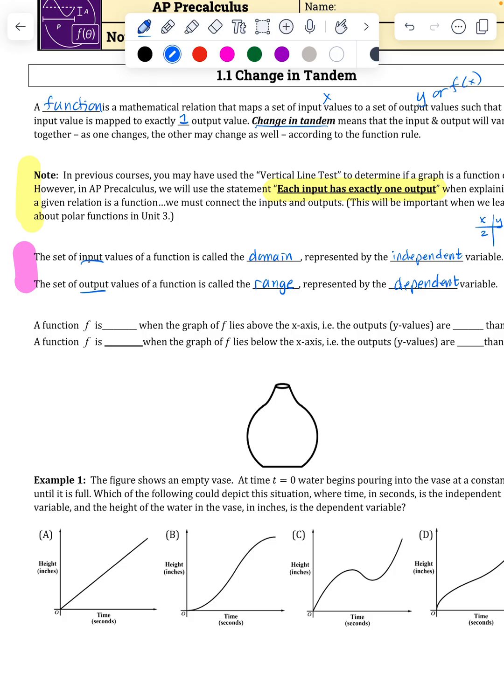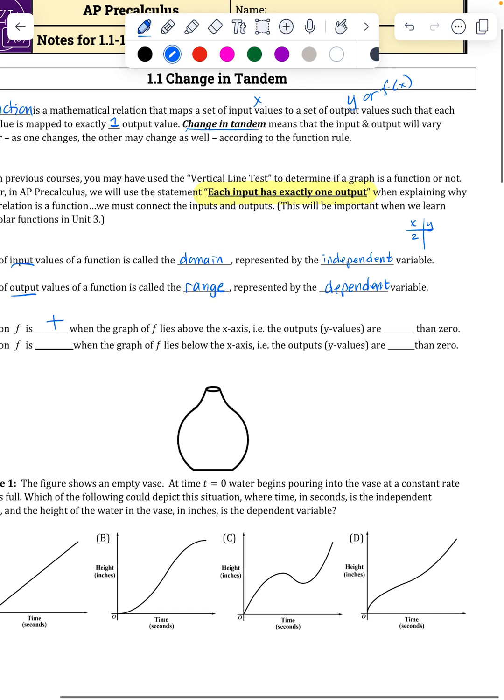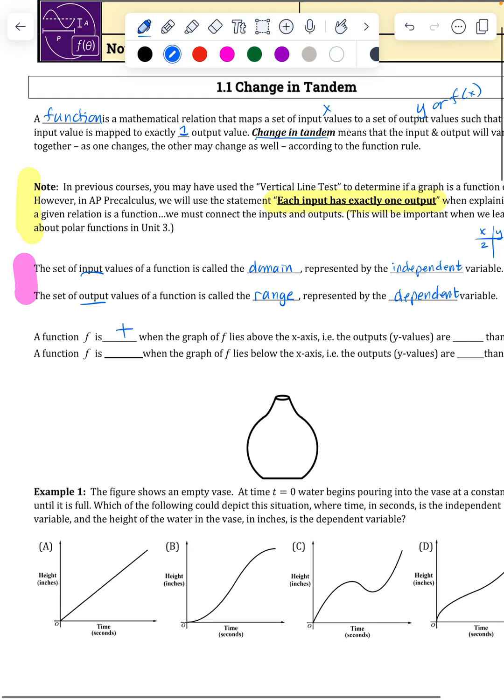A function is what we call positive when the graph of f lies above the x-axis. This is something you have to start thinking about. This does get confusing because you have to pay attention to what they are referring to, what they are asking about. So if I just have a function and it's doing this,